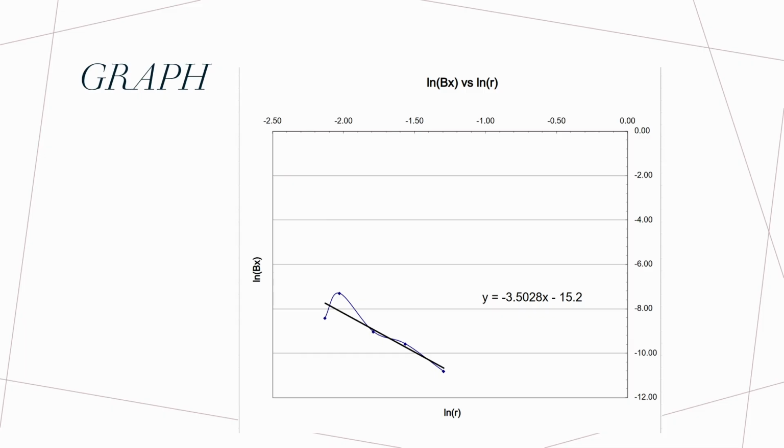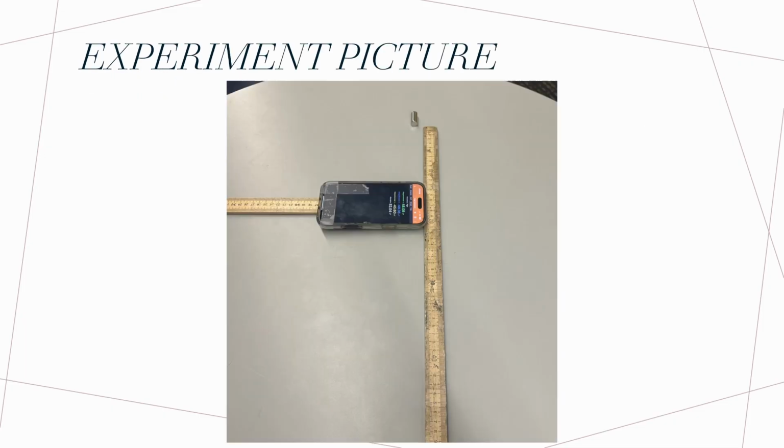And then this was our graph yielded from our data, and you can see the straight best fit line between the natural log of the magnetic field and the natural log of the observation location R, and that equation comes out to be negative 3.5x minus 15.2. And this is a picture of our experiment we did with the magnet at one end and the phone sliding along the